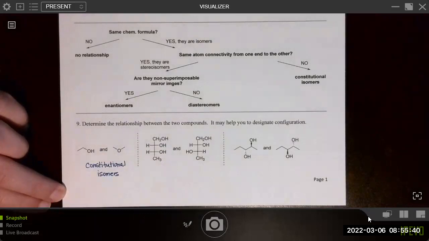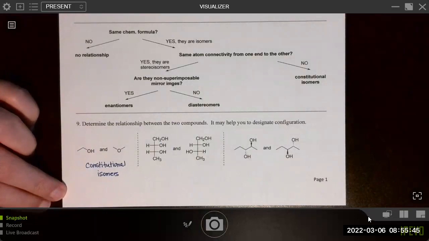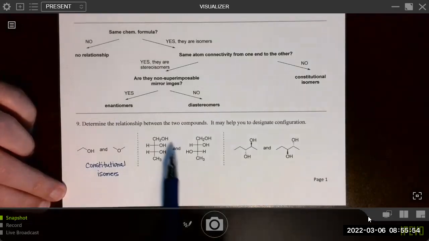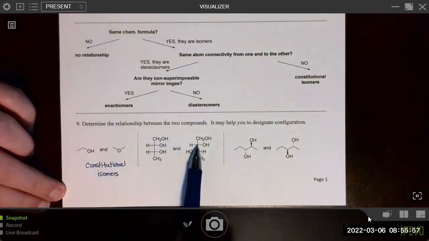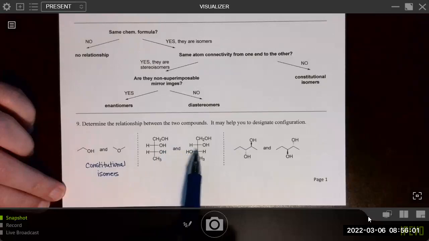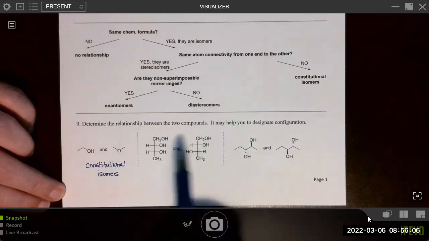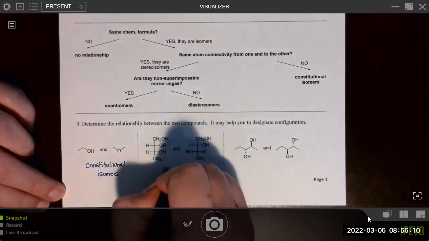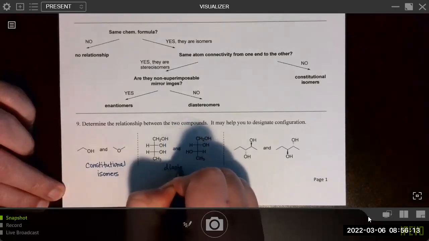All right, what about these two compounds that are drawn in Fischer projection? If you recall from the lecture video, it talks about how when molecules are drawn in a Fischer projection, it's relatively easy to determine their relative relationship. We can see that this chiral center is the same as this one. And this chiral center is the opposite of this one because we've switched the hydroxyl group and the hydrogen to the opposite side. So with one same and one opposite, these will be related as diastereomers.